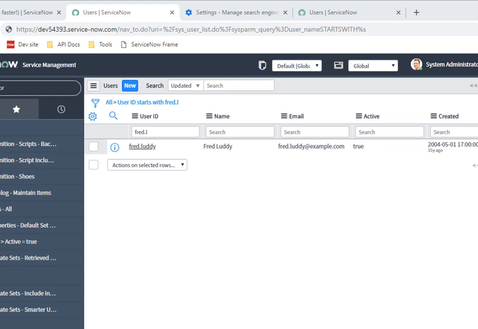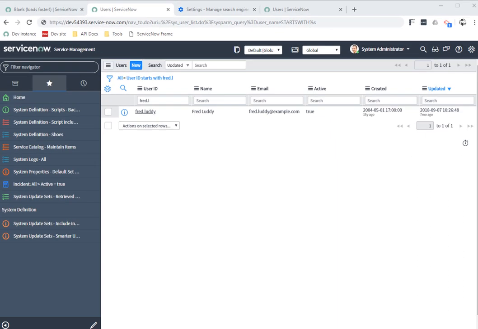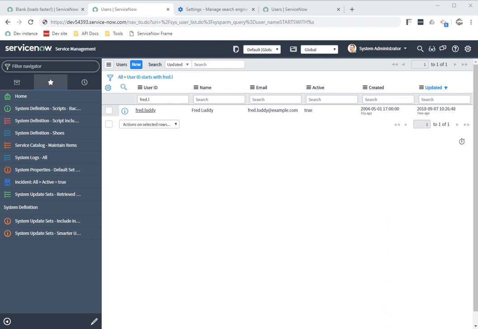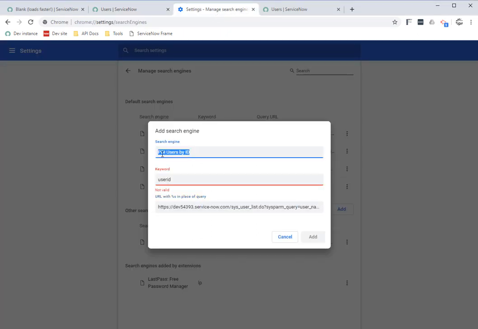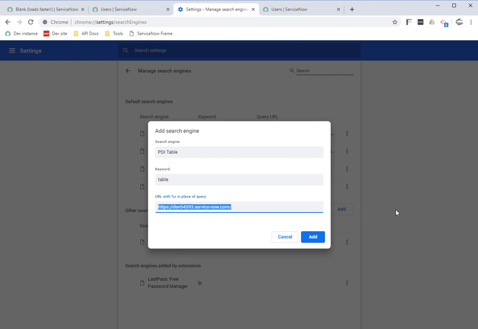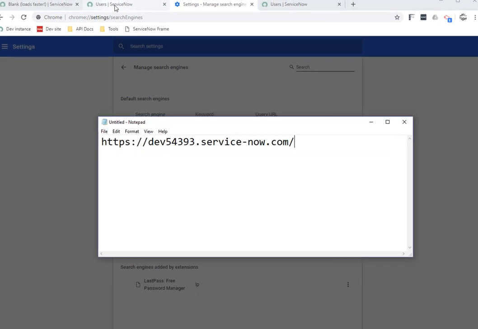All we have to do is modify our URL a little bit and insert %s again. But this time we're going to put it in place of the table name and leave off the query. So let me show you how to do that. For our search engine, instead of PDI users by ID, I might call it PDI table, PDI being my personal developer instance. I'll make the keyword just table, and I'm going to take my instance URL, and this time I'm going to use